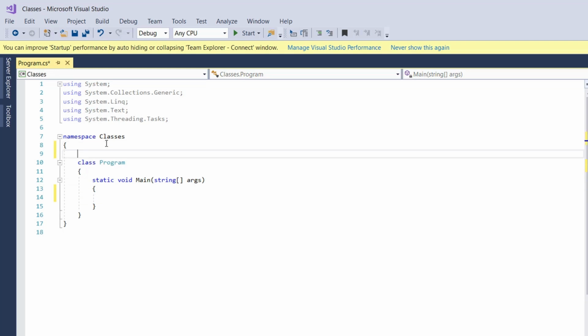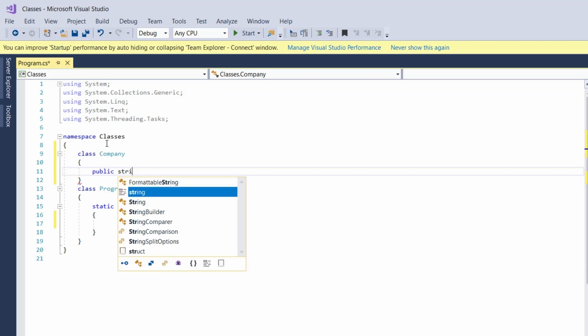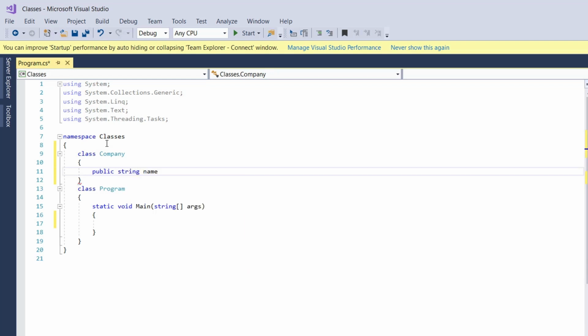Maybe you can create something like, go ahead and give it a class name, usually in lowercase, maybe class company. You want to get the data of an employee. So class company, and a class starts with an open and close brace. So I want to get the data of an employee, and maybe you can go ahead and say public string name;